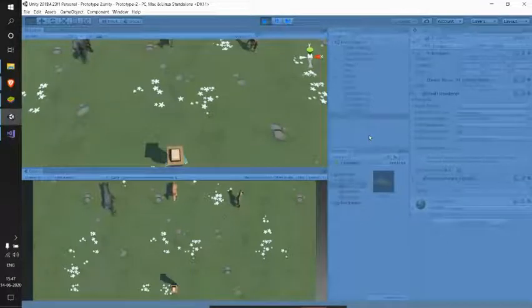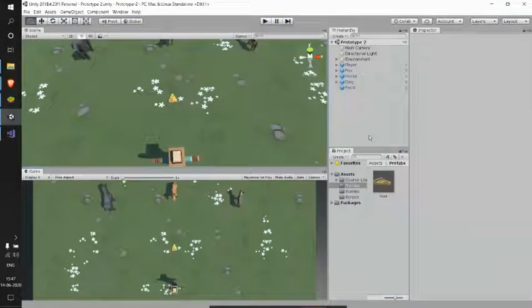So we have to do something called instantiation. Instantiation means just creating a clone, or creating a copy. We'll make a copy of this food prefab and place it at whatever position we want, and with whatever rotation we want.